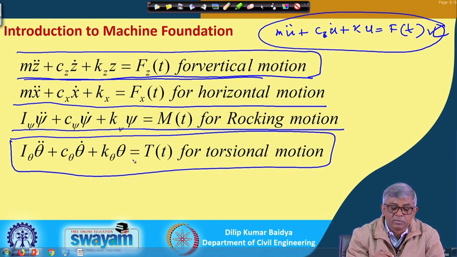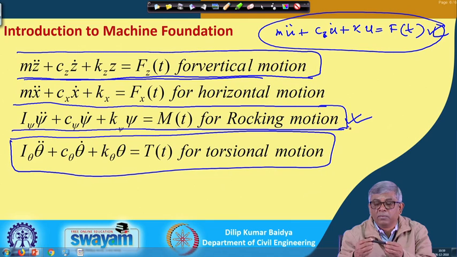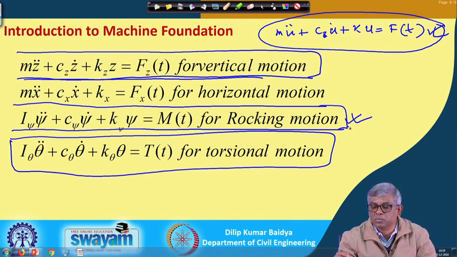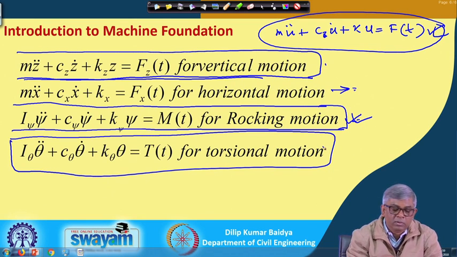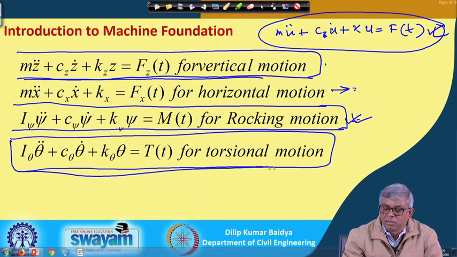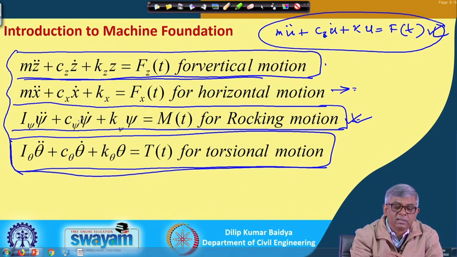And I have shown this before also. Of course, we can have 2 equations for rocking, with this direction or with this direction, the shorter direction and the longer direction. So, 2 equations, 2 degrees of freedom here. Similarly, horizontal motion can be in this direction or in this direction. So, because of these 2, 2, that makes 4, 5 and 6. The respective motion, whether rocking, torsion, horizontal or vertical, has a corresponding equation of motion.